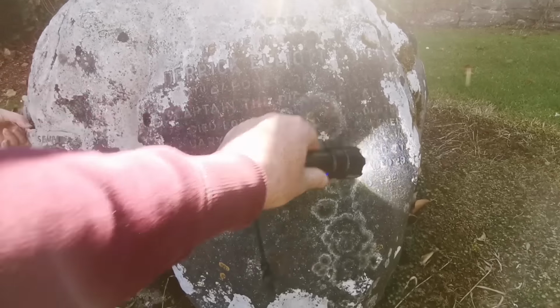We can see the rifle just there now. And it's sacred to the memory of John Elliott Power IV. Does anybody know what that means? Is that 1-5? 15th Baronet of Kilfane, Imperial Yeomanry, who died for his Queen and country. So the other one was King and country. In South Africa,